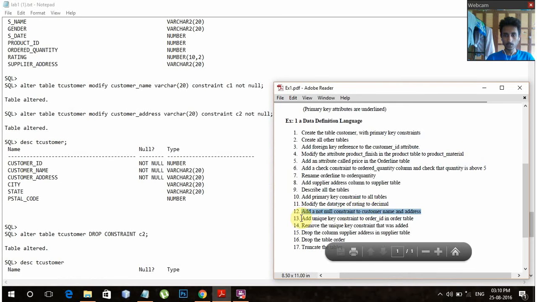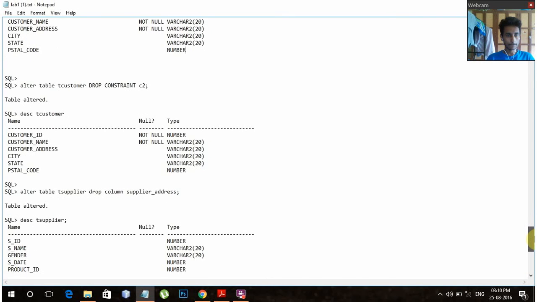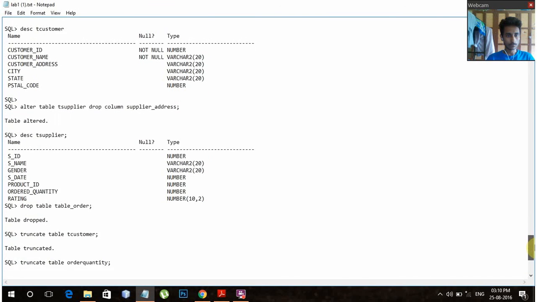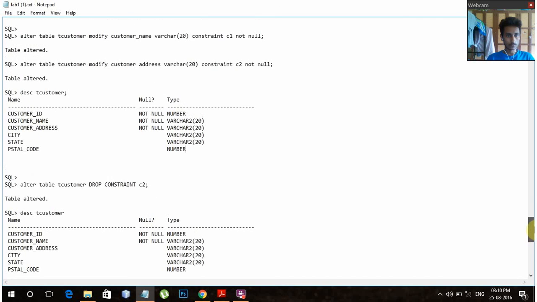The next question is to remove the unique key constraint. To remove that, the syntax is alter table, the table name, drop constraint, the constraint name.